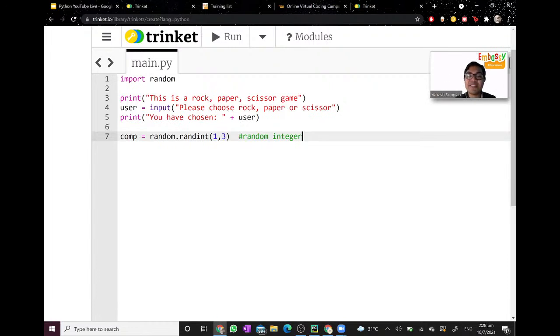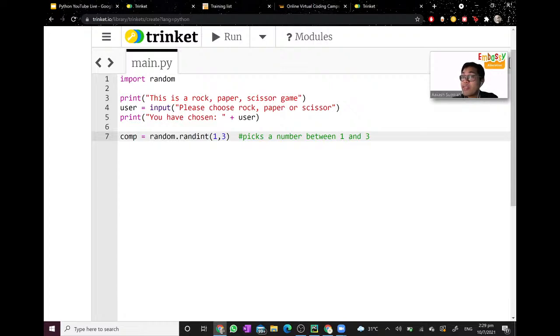So for this one, what does 1, 3 mean? 1, 3 basically means pick a number between 1 and 3. Make sense? So what this line of code means is choose a number randomly between 1 and 3.